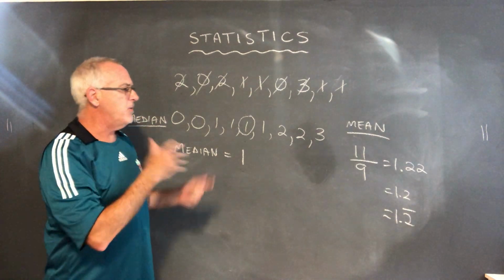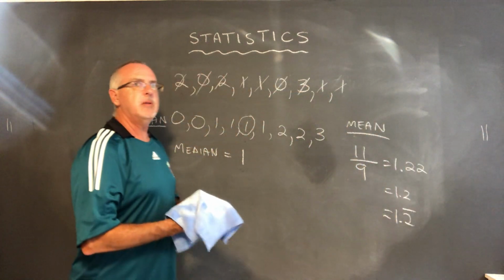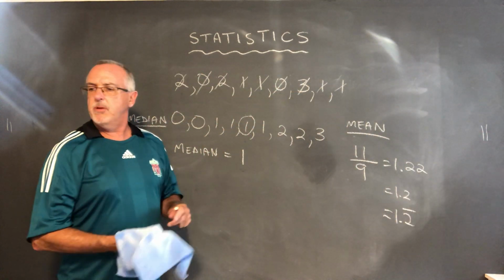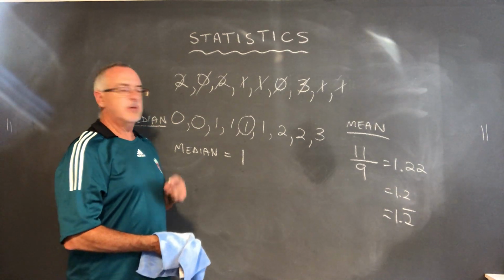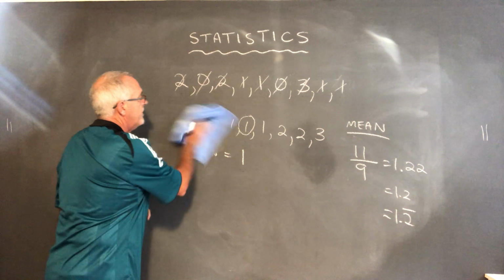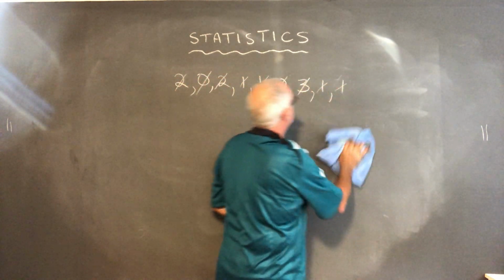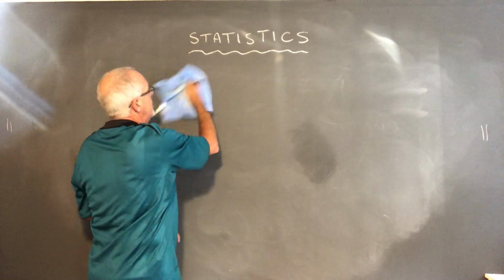Let's do another one. I'll just erase and do another one. Should I try and be creative and come up with my own example, or should I look at the numbers over there? I'm going to look at the numbers over there, but I'm not going to try to do the same example. I'm just going to use their numbers. And the reason I